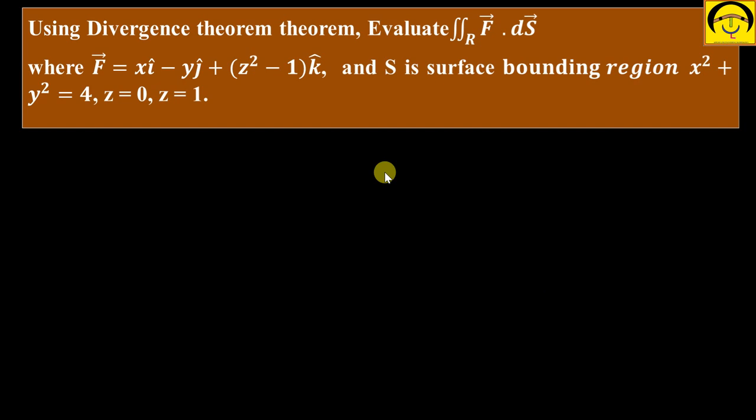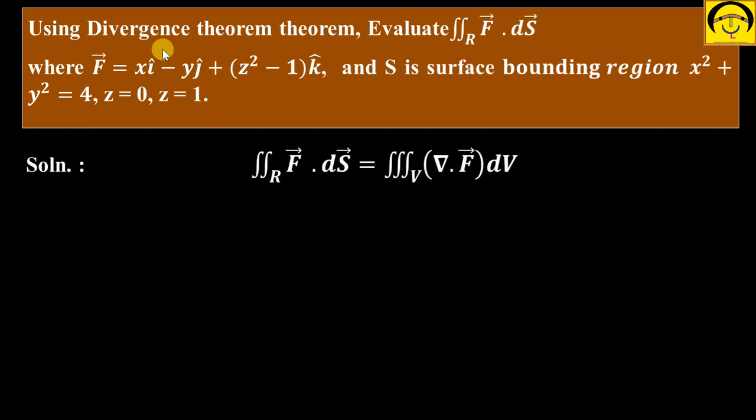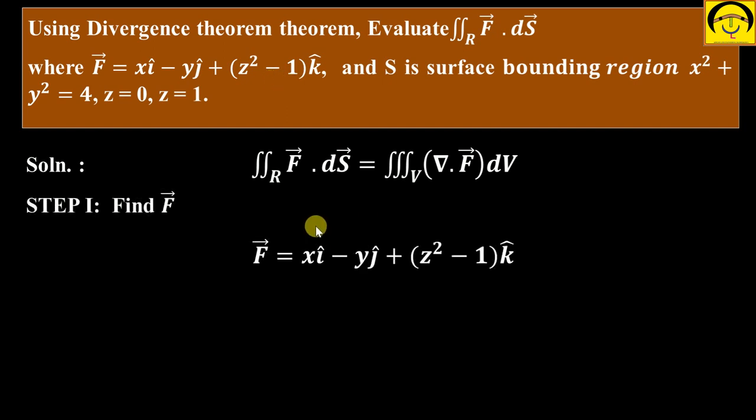डाइवर्जेंस थ्योरम। डाइवर्जेंस थ्योरम का ये स्टेटमेंट दिया हुआ था, इसमें आपको डाइवर्जेंस थ्योरम अप्लाई करना है। तो पहले डाइवर्जेंस थ्योरम का स्टेटमेंट लिख लो। फर्स्ट स्टेप हमेशा क्या होता है, वेक्टर निकालना। तो इसमें f आपको ऑलरेडी गिवन है।